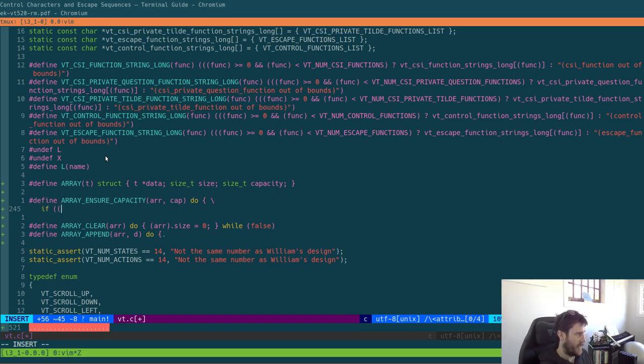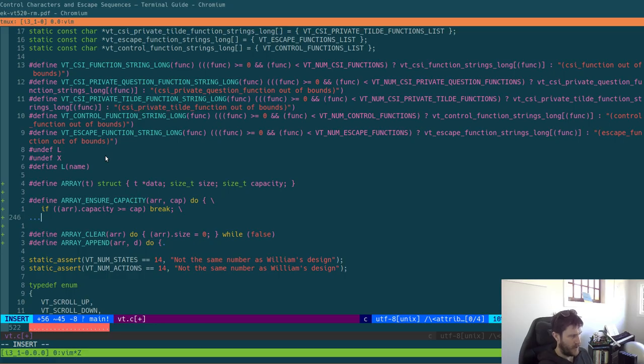So first off, we want to check if our dot capacity is equal to, if it's random equal to cap, then we can break, because we're in a do while loop, and that means we can at this point know that we don't have enough space for it. So what we can do is our dot data equals